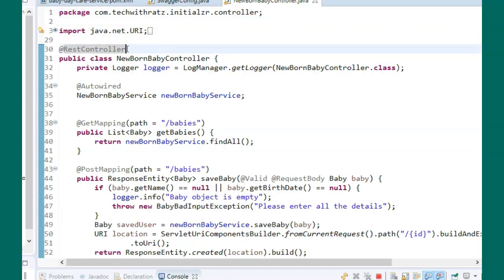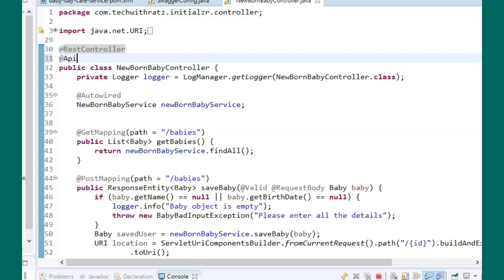At the controller level, you need to add @API with properties tags and value. I'll call it baby management RESTful services, and value as baby controller.